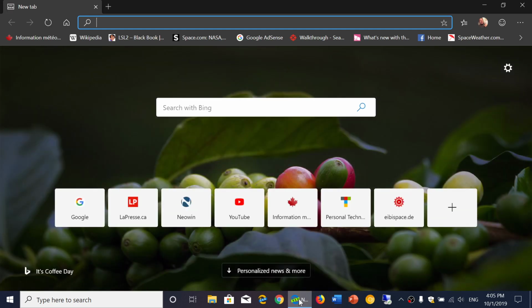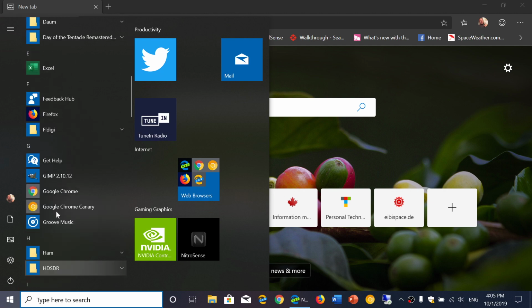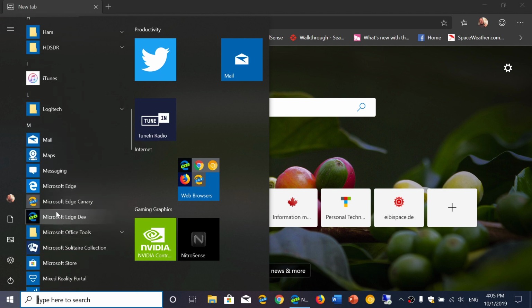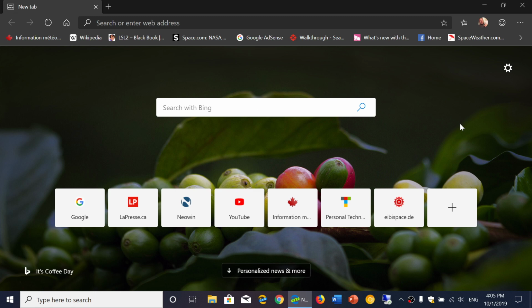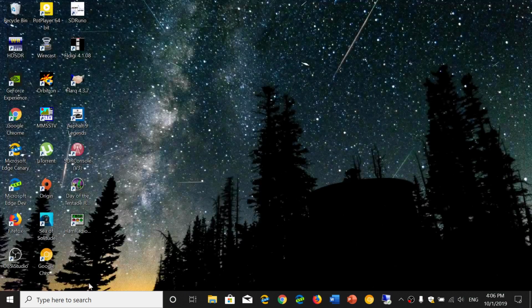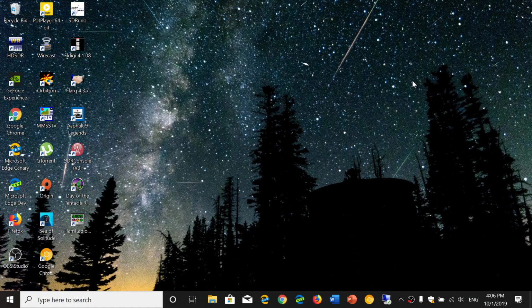One of the things that we know is that in 19H2 Microsoft is trying to hide Edge as much as possible. That means that starting with this version of Windows, the official Microsoft Edge browser won't be in the taskbar or on the desktop and not as a tile on your start menu, because they want you to move on, but they don't want you to use that old Edge anymore. So it's kind of a weird thing, because honestly,